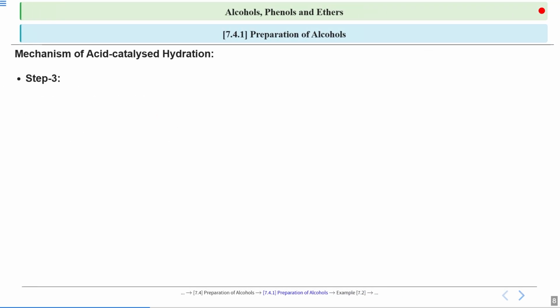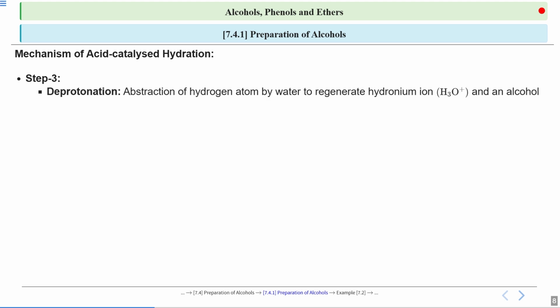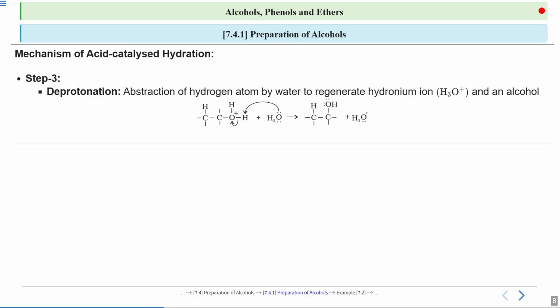Now the step 3 includes the deprotonation. So we have the protonated carbocation. Now deprotonation happens, in which the abstraction of a hydrogen atom by water regenerates the hydronium ion, which we used in the very first step, and an alcohol is produced. So we have this protonated carbocation, and this positive charge of oxygen is going to be stabilized. Why? Because another water molecule abstracts one of the hydrogen atoms from this protonated carbocation,